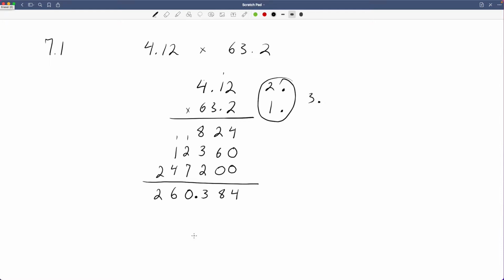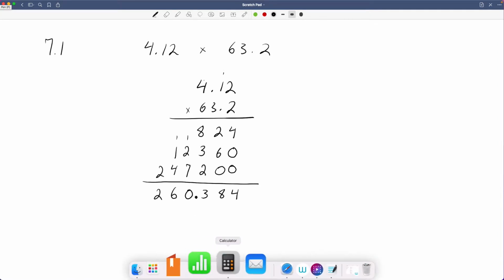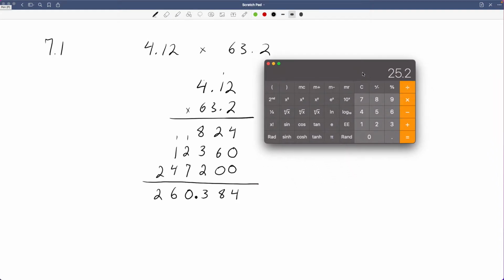And that is the answer and the final step whenever you are multiplying decimal numbers. You count the number of decimal places and then you move that into the bottom. That's where you put your decimal, and that is the answer. I'm going to pull my calculator up and show you how you can check that answer. At this point, I only want you to use your calculator to check your work, okay? 4.12 times 63.2,